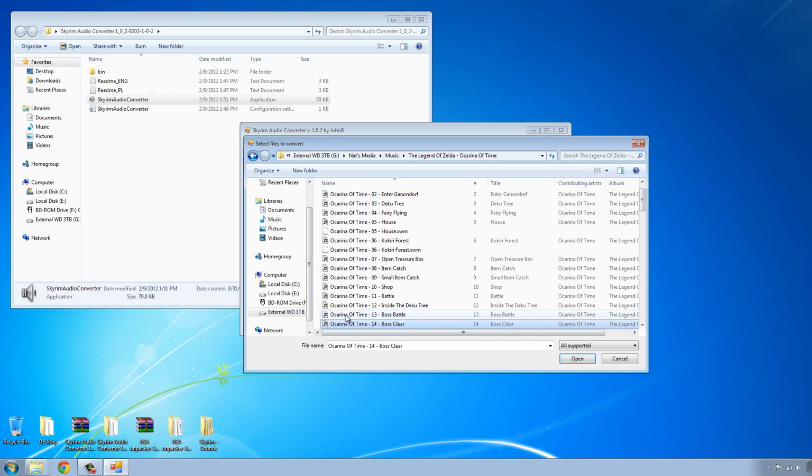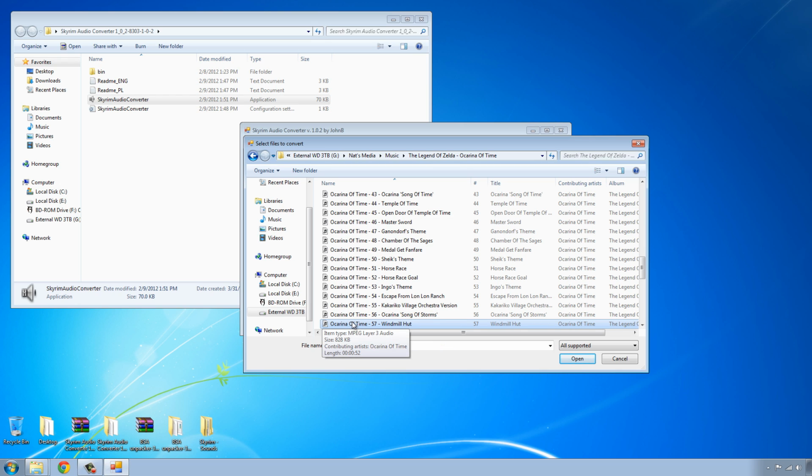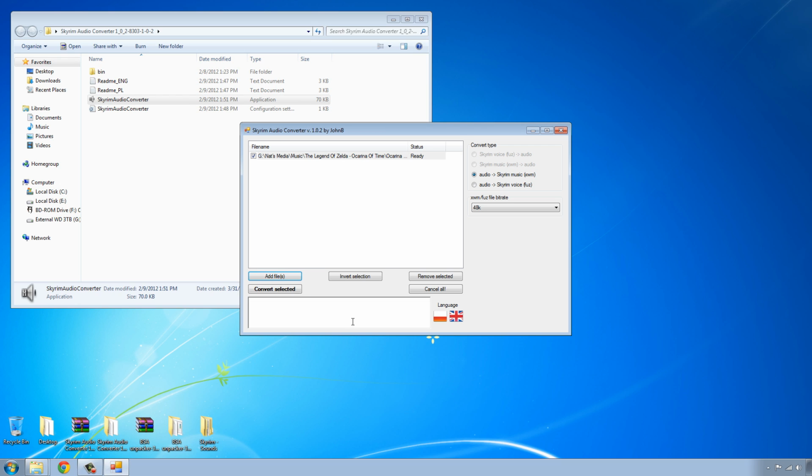I know I have it somewhere. Oh gosh, there's a lot of music here in the Legend of Zelda Ocarina of Time soundtrack, but Windmill Hut is what I want, and that is actually more commonly known as Song of Storms. So I'm going to convert this to selected,